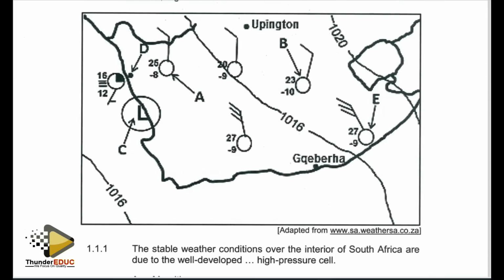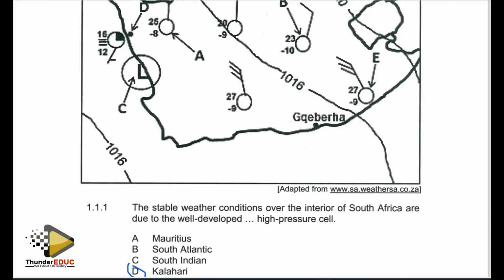We go to our synoptic map and try to identify C. Our C is here, right? If we see the location of our pressure cell there, we can see that the pressure cell is located along the coastline. And if you check on this extreme western side, we are over the Atlantic Ocean, and as we get to the eastern side, we are getting inland. So this low pressure cell is along the coast, along the coastline here.